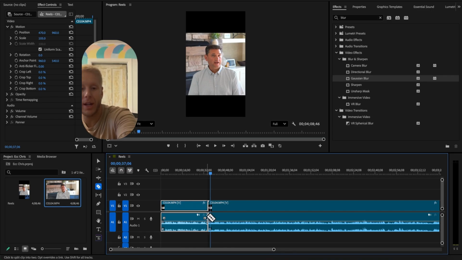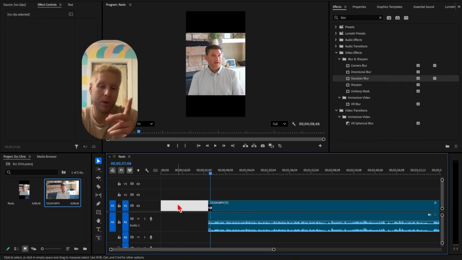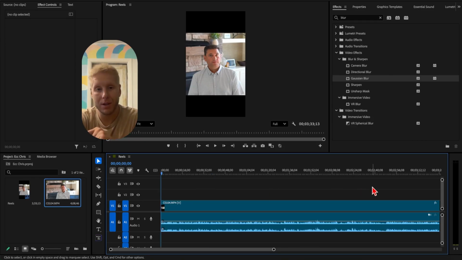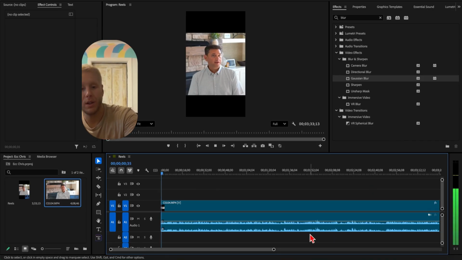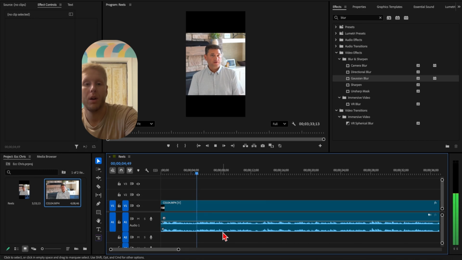So I'm going to go ahead and hit C on the keyboard for cut, V to select. This just gives me my selection tool back, and then I can just hit delete. I can select this space right here, and I can hit delete. But more importantly, once you start putting stuff on your timeline, you're not going to want to do that. You're going to want to right click and hit ripple delete, because if anything else is down on your timeline, it won't shift over. Hi, my name is Chris, and I would recommend Elevated Curve Creations because not only did